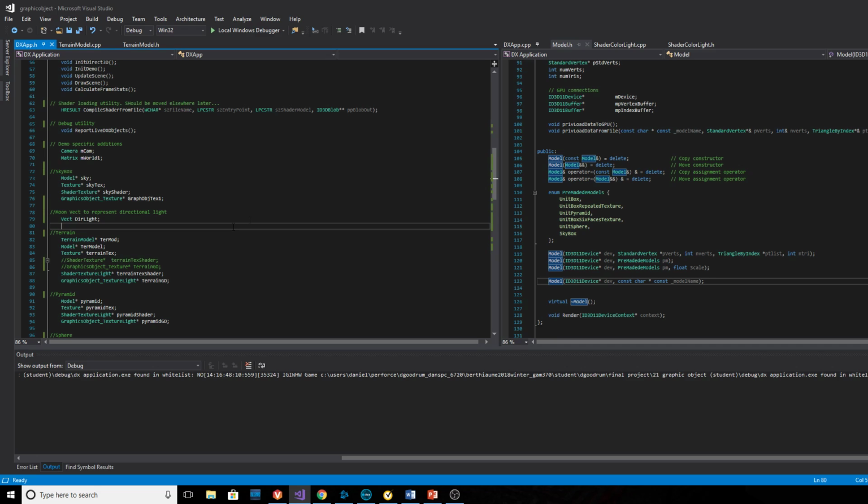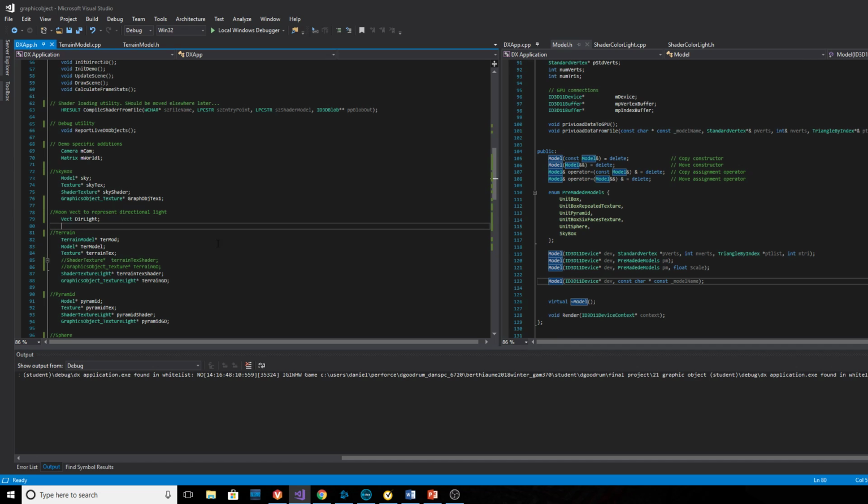I actually have a few matrices, so I'll go over all of those. For my skybox, I have the model for the sky, the texture for the sky, the shader texture. This is the one where I only used the shader texture. I didn't include the light one,